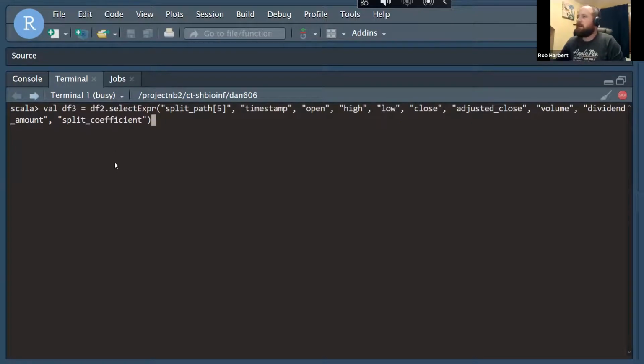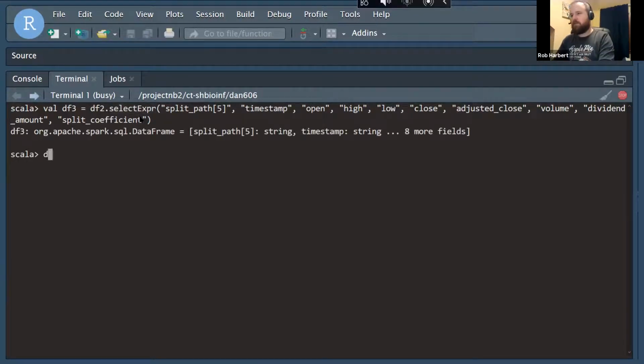So this one is a similar kind of operation. We're creating a new data frame. This time on df2, we're selecting particular columns. So we're selecting split path 5, which is the 5th index in those path arrays, the actual symbol that we want here, and then all of the columns that we also want to collect. So all the regular ones, timestamp, open, high, low, and all that. And so when we run that and we do df3.show false,